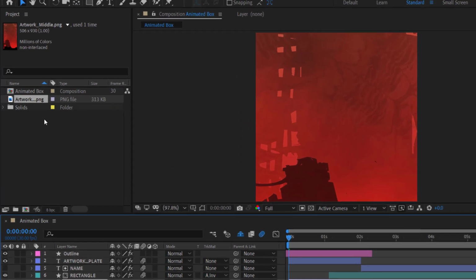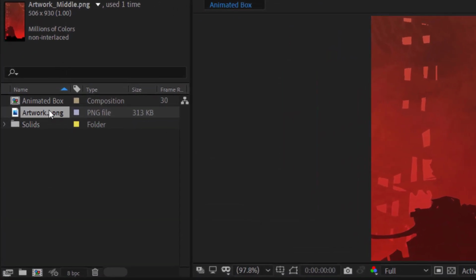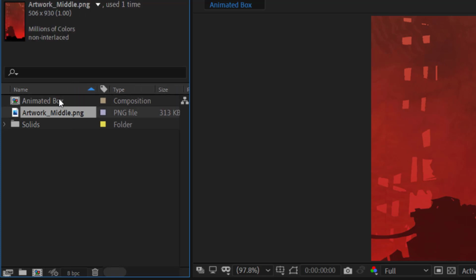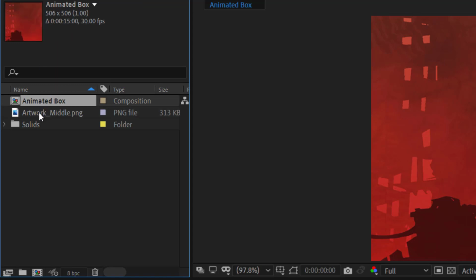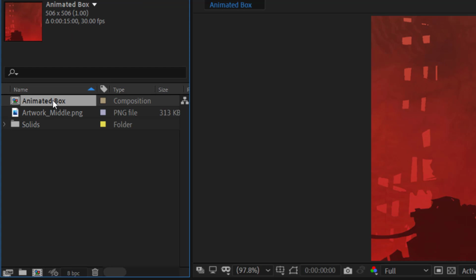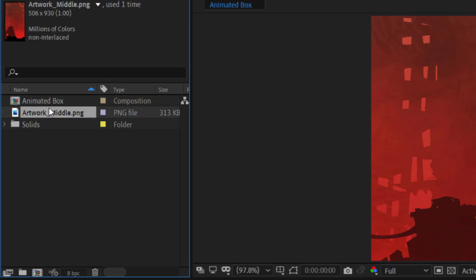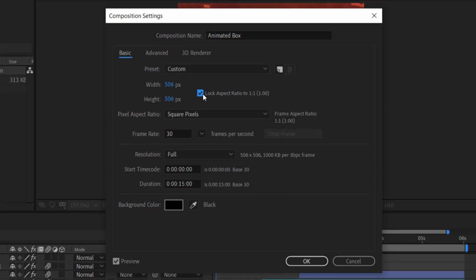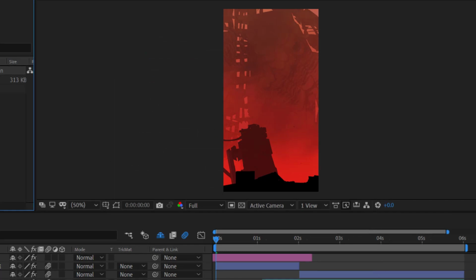Now what you have to do is check the resolution of these two files, which is the main composition and the artwork middle file. You can click on the file and check the resolution written right above it. And now you have to make sure that the resolution of both these files is same. If they are not same, check out the resolution of the artwork middle file, right click on the main composition and then click on the composition settings. Enter the resolution of the artwork middle file, which is 506 by 930 and uncheck the box and click on